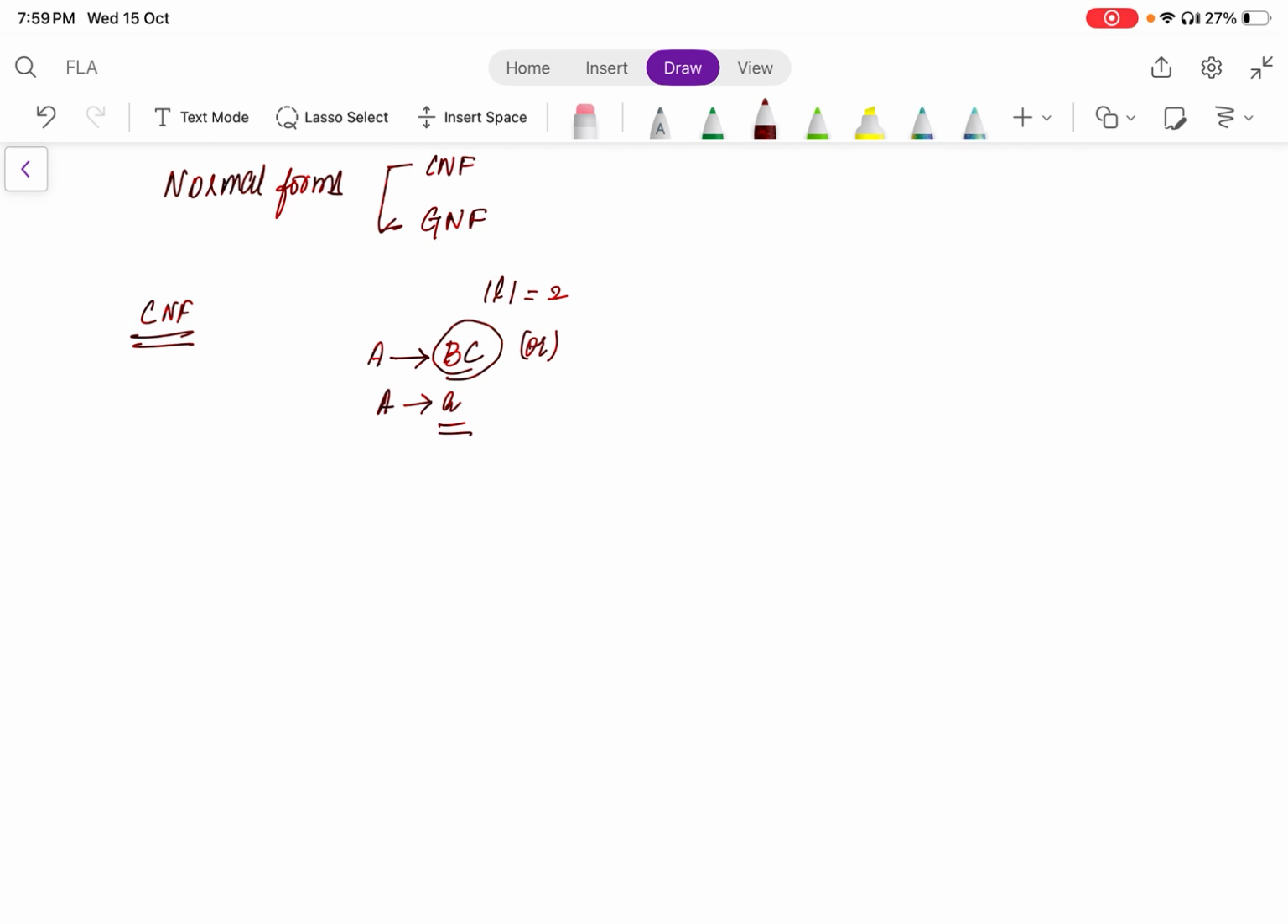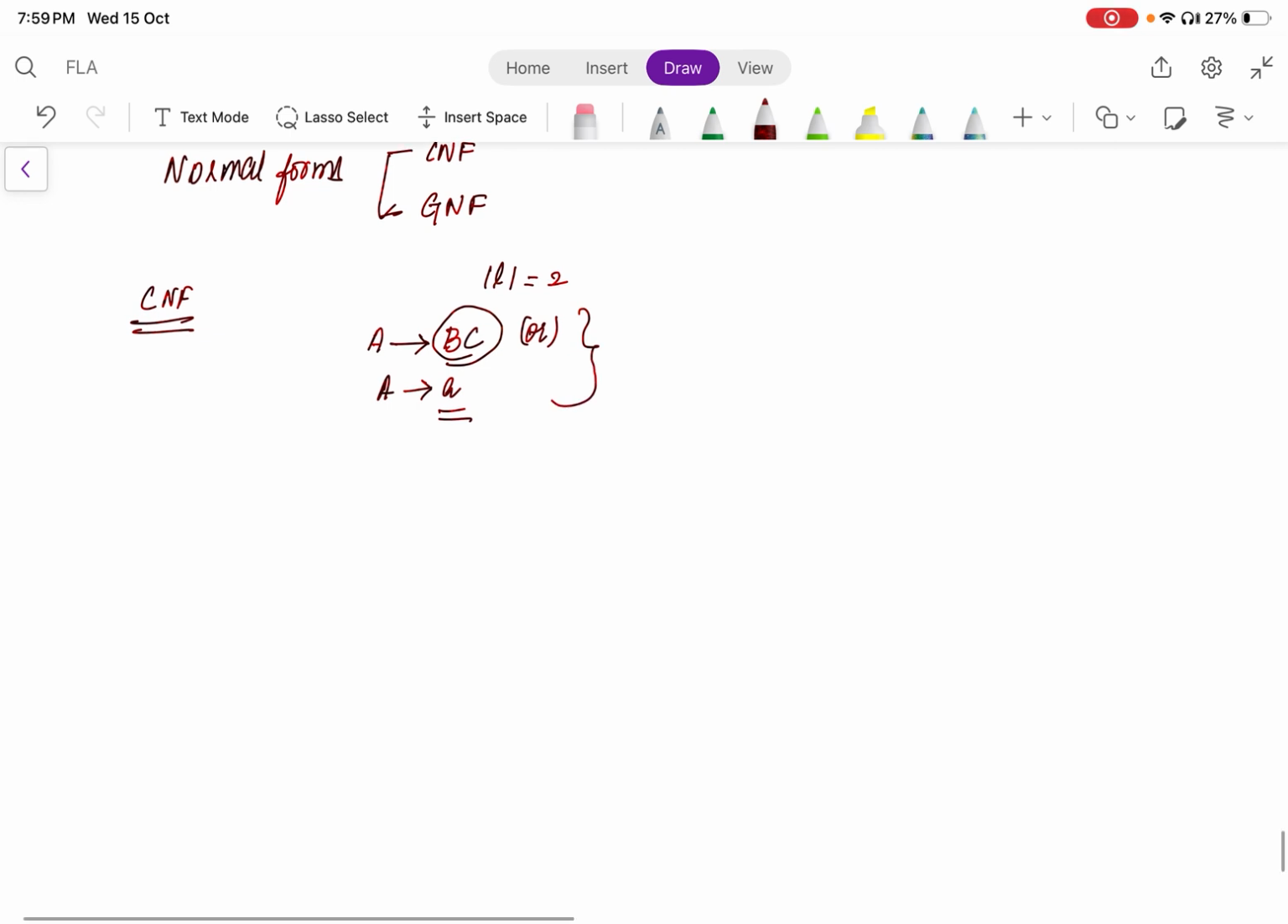So whatever productions you get after reducing the grammar, that is removing the null productions, unit productions, useless symbols, after removing everything, you should bring the productions to this form. Then you can say that it is in Chomsky normal form. Okay, the steps in Chomsky normal form are